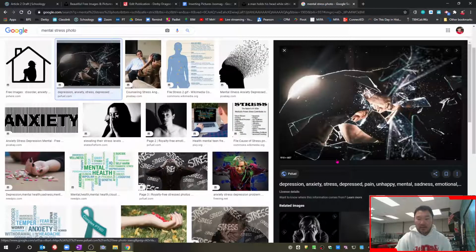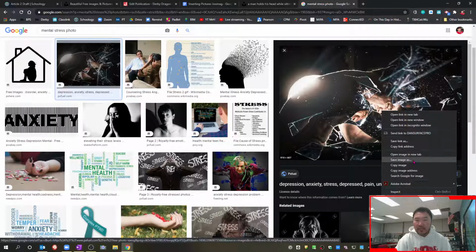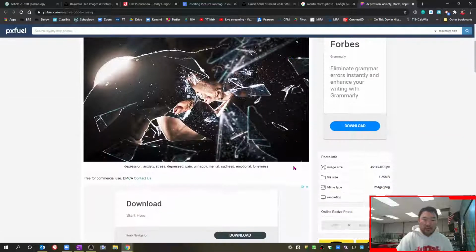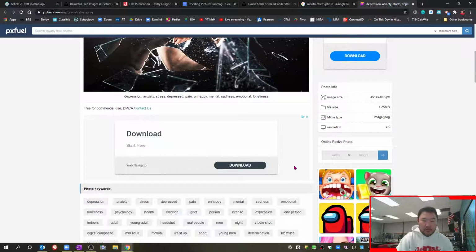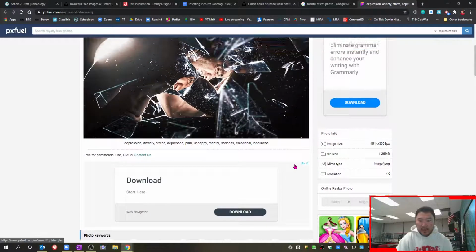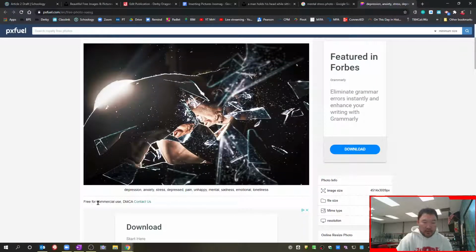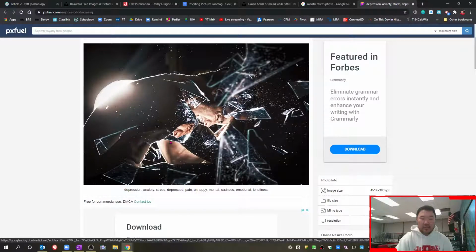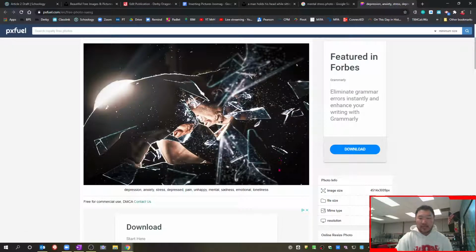This is very dynamic. When I click this, you can download the photo. There's many ways. You can right-click, save image as. But when you're looking at this, there's the actual photo, Pix Fuel. It'll even give you links to download the original photo. It does tell you who made this, so when you're looking around, check to see who actually took the photo. Right here it says free for commercial use, which means that we probably just have to cite Pix Fuel. So if there isn't an author, you just got to cite the actual website that it came from, and